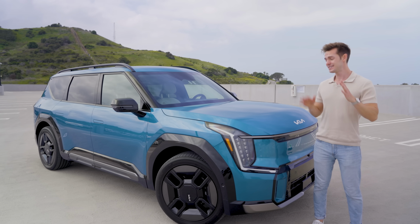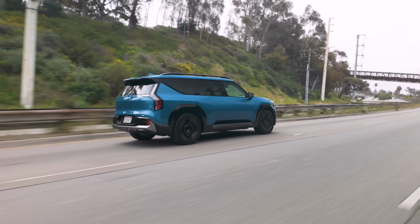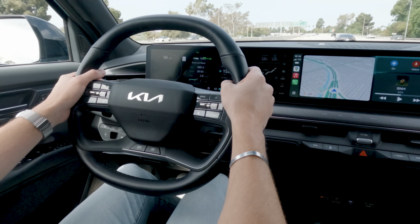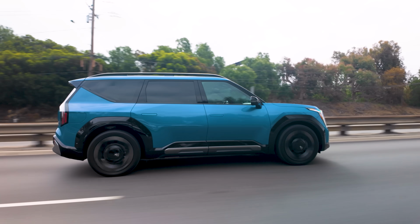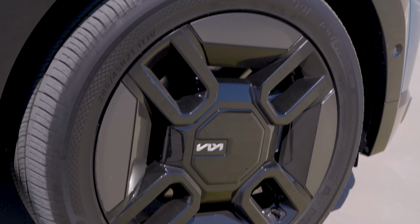In that time, tons of folks on our staff have driven the EV9. It's been everything from a commuter to a family hauler and everything in between. We've gotten to know this car way better than we could have with just a few hours at the dealership and a test drive. We're gonna tell you everything, and there's a lot of good here, but we do have